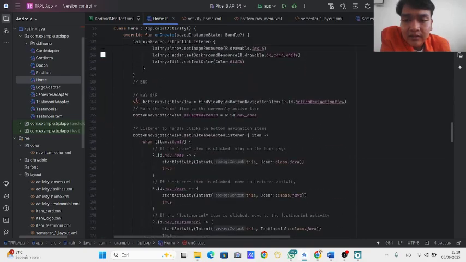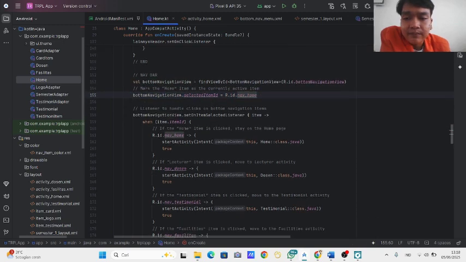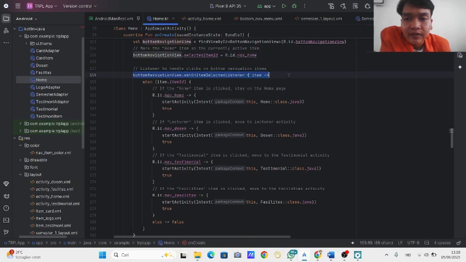Okay. Next, navbar. This code marks the home item as the currently active item. This code sets a listener to handle clicks on the bottom navigation items, and if the home item is clicked, stay on the home page.